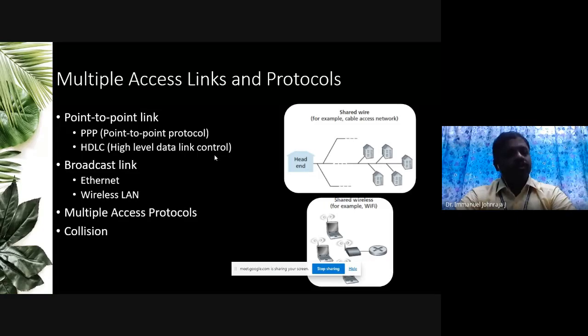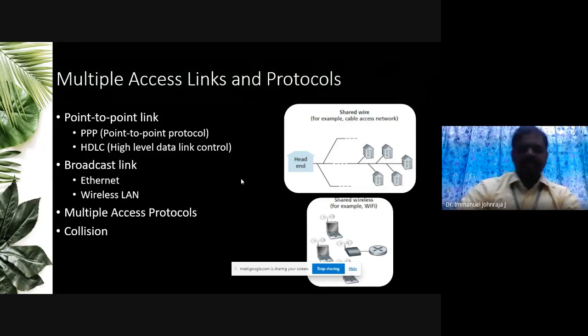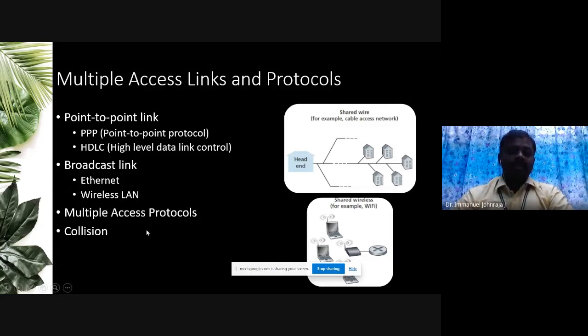So where do we have the broadcast? If it is Ethernet, wireless, or any other shared medium, we call it a broadcast link, where we need to learn about the multiple access protocols. I also spoke about collision. I remember explaining collision using the hub and switch topologies, where even for a unicast packet using the hub it is possible to have a collision, because of the shared medium: when more than one person starts communicating, obviously there is a collision.